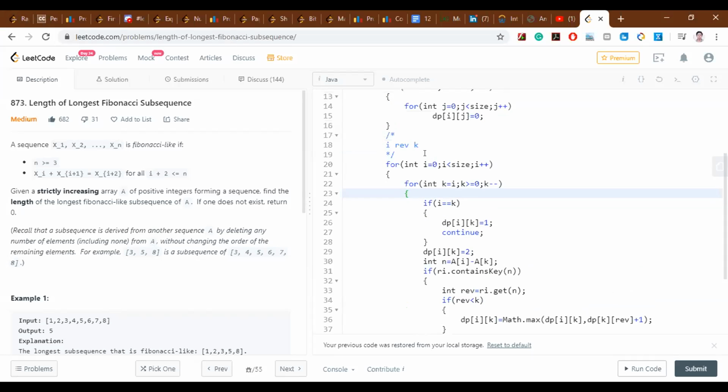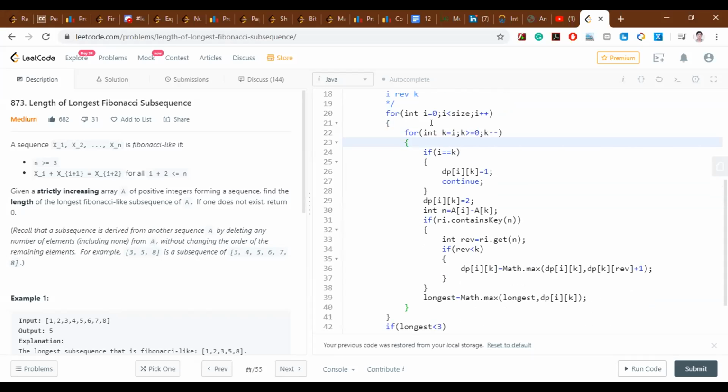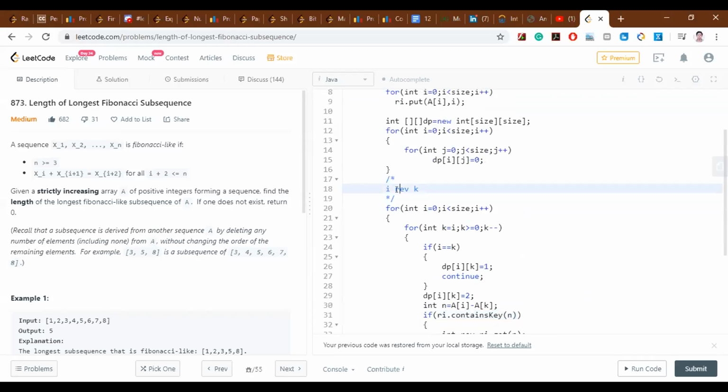No, what it is doing is that I took i as the first number in the Fibonacci sequence, and k as the last, and I'm finding some middle rev index that will satisfy my Fibonacci condition. Here I'm checking that condition. Okay, this might be working. I'm not saying otherwise, but I'm not able to understand, because usually a sequence has to be one after another, but you are starting from the extreme conditions. I can show here, it is following the sequence only.